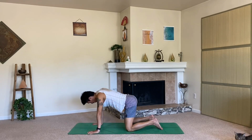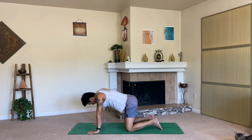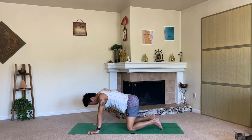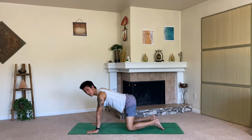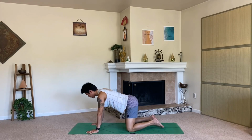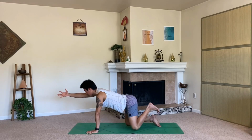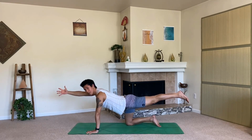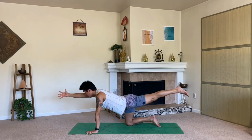Always remember you can modify your practice and add variations as you choose. So always move to your limits and challenge yourself as well too, right? That's how we grow. So let's lift our right hand forward, extend our left leg, extend out. Imagine someone pulling your hand forward and you're pulling your ankle backward. Lengthen out here. Take a deep breath in,